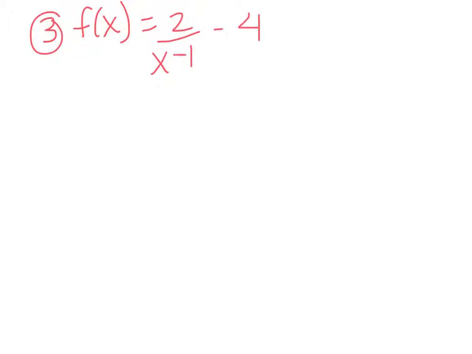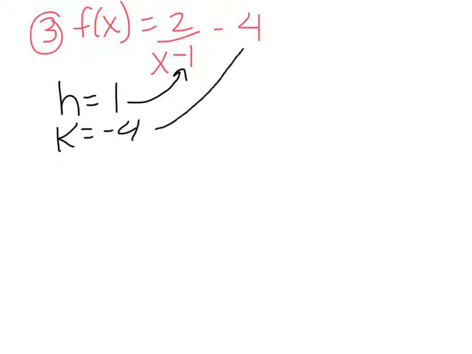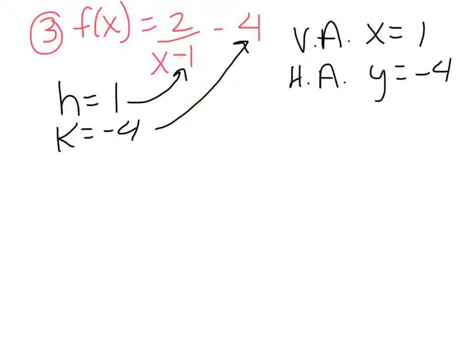We'll take a look at one more example. This is number 3 from the notes. f of x is equal to 2 over x minus 1 minus 4. So the first thing I'm going to do is find my h and my k. h is going to be 1 from here. k is -4 from here. So that means my vertical asymptote is x equals 1, because that's the h. My horizontal asymptote is y equals -4, because that's my k. My domain is going to be -infinity to 1,